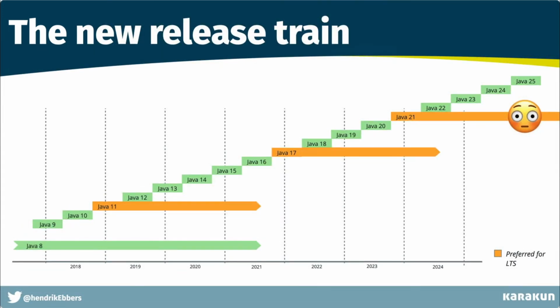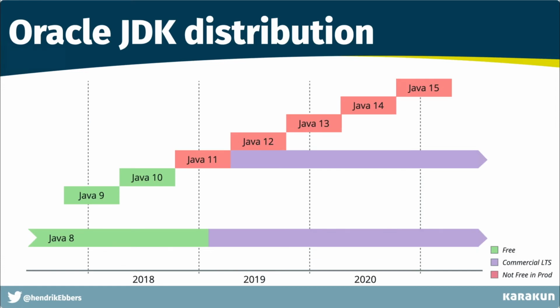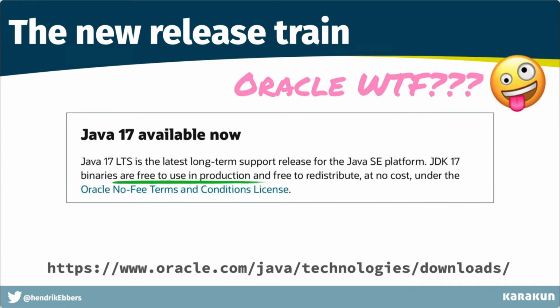And next to this, with the release of Java 17, Oracle even changed their license. So as I mentioned, and as you might know, Oracle do not allow to use their binaries in production if you do not have commercial support for Java 11, 12, 13, 14, 15, and so on. But starting with Java 17, it looks like they are now allowing to use the binaries free in production,